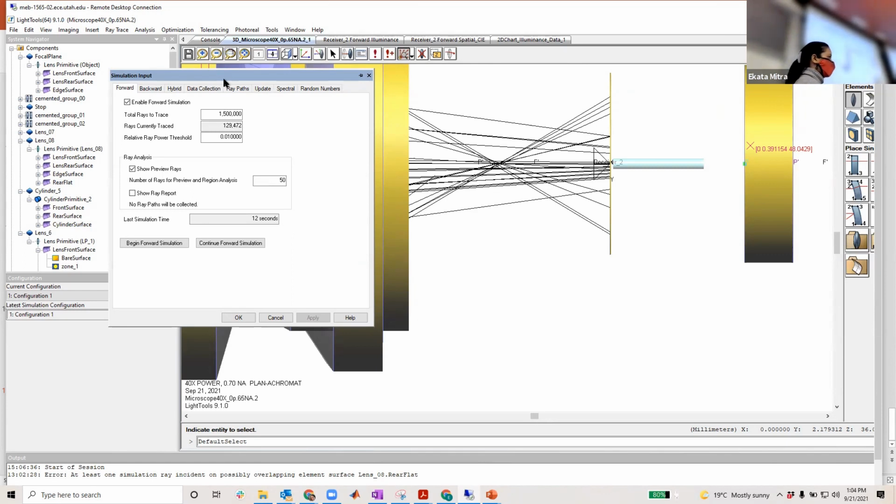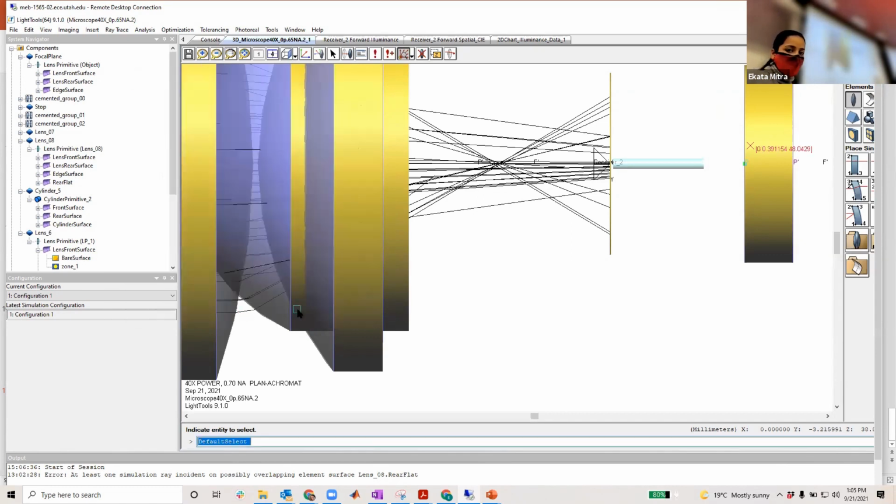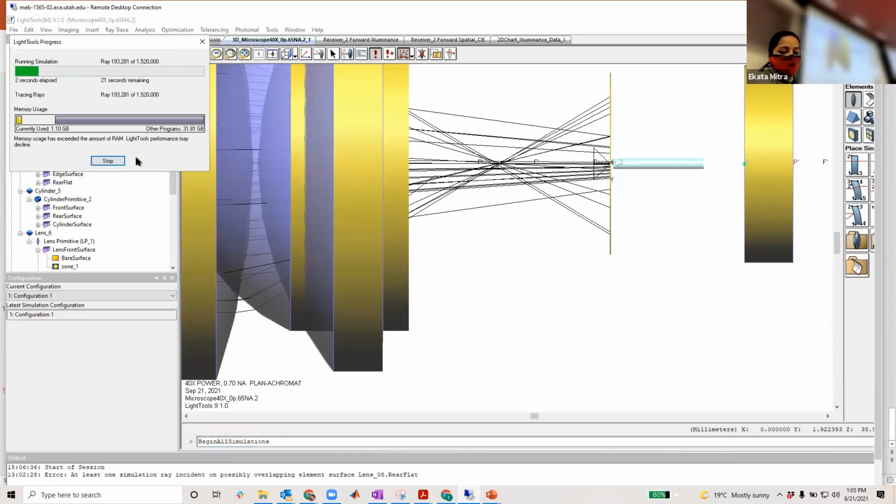And how do you get to know about that? You can change it like this, and you can simulate it again. So you are going to have some new results.